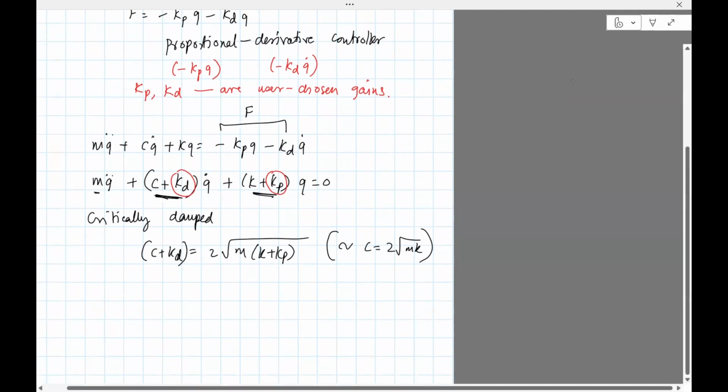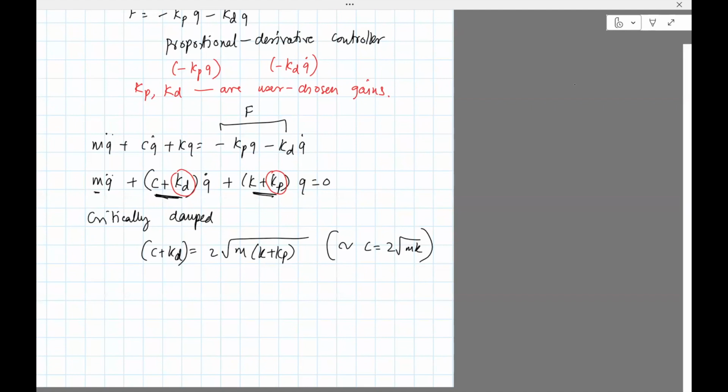Okay, so what we can do is we have this condition. This is the only condition which needs to be satisfied for the system to be critically damped. We care about a critically damped system. We have two ways to achieve it. You could keep kp whatever you want and tune kd, or tune both of them, or keep kd constant and change kp. So what we'll do is we'll just solve for